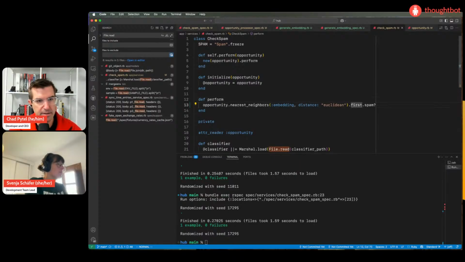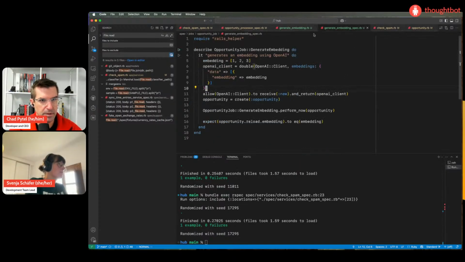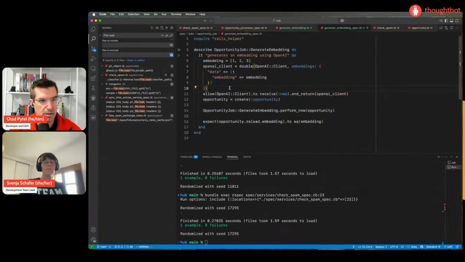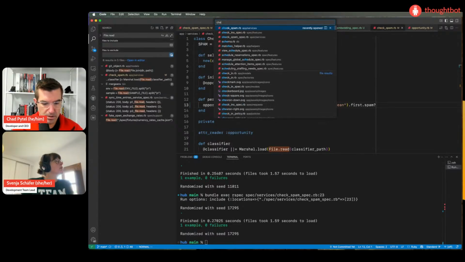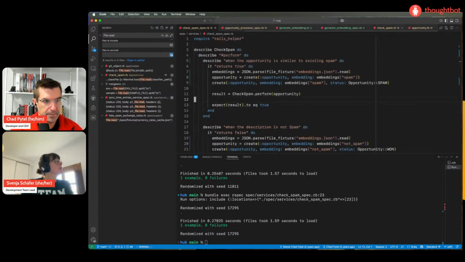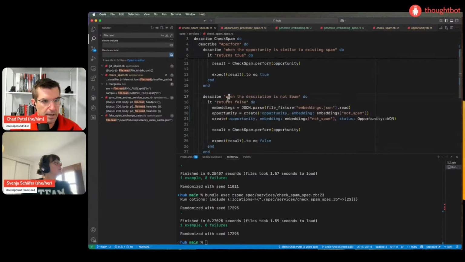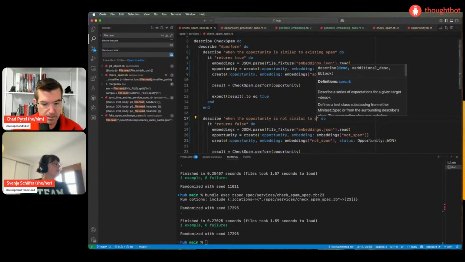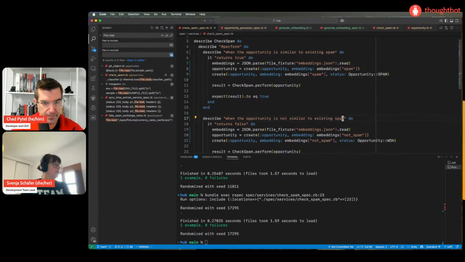We need to handle that nil case. So if there are no nearest neighbors, when the opportunity is not similar to existing spam.